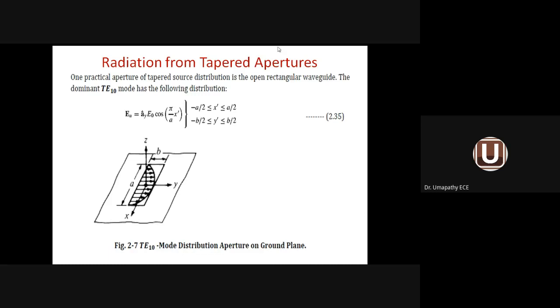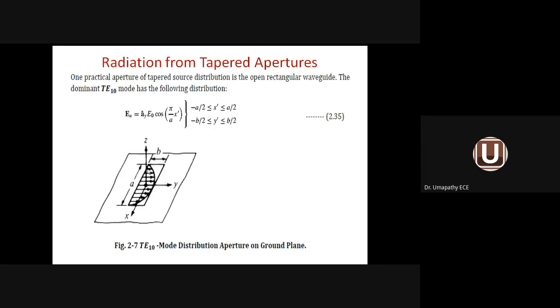Now the tapered aperture antenna is another category which comes under the rectangular aperture. Here also, the total closed surface is available, but we take only a portion of the closed surface as an opening or aperture. That is why it is called a tapered aperture. We are not using the majority of the closed surface of the antenna; we are taking only a part of the surface.